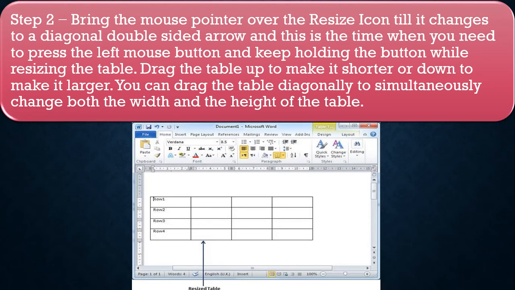As you can see in this figure, we have to click on the corner of the table and drag the mouse. When we drag the mouse while clicking, we are able to increase or decrease the size of the table. If we want to increase the length as well as the breadth of the table, we have to put the mouse pointer at the corner of the table and drag the mouse. When we drag the mouse, the length and breadth both increase simultaneously.